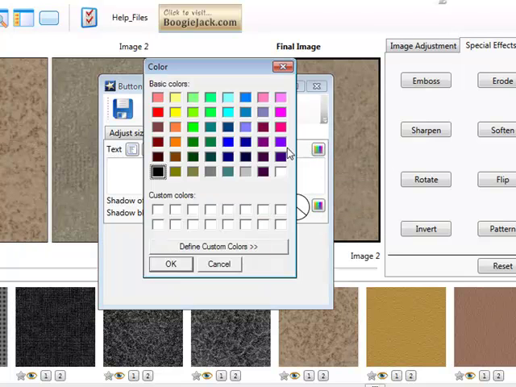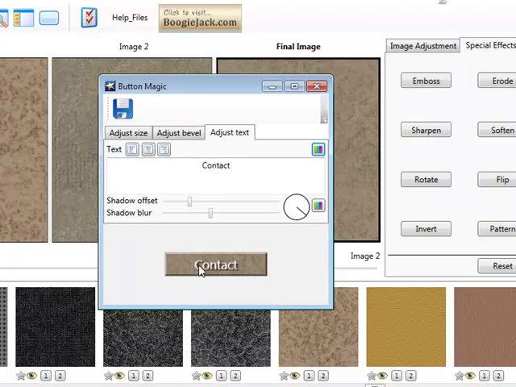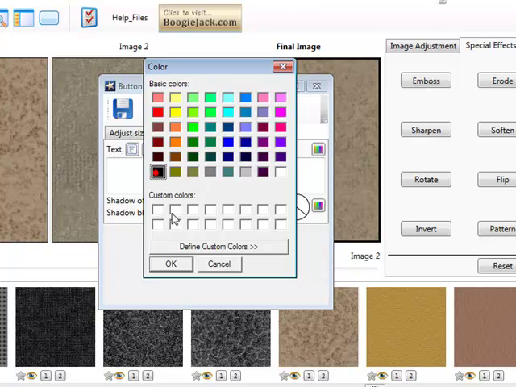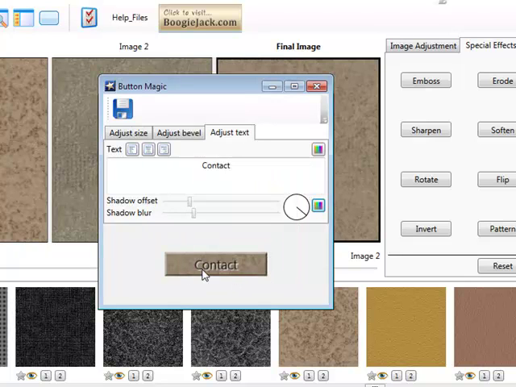You can adjust the text color. Let's make that white on there, and you can see the shadow a little better that way. You can see if you adjust that, it gives it a different look. And here's something I like the looks of. Go back to black text and make the shadow white. Yeah, I know shadows aren't white, but it kind of makes it look like it's etched in there or carved into the button. If you adjust that a little bit,